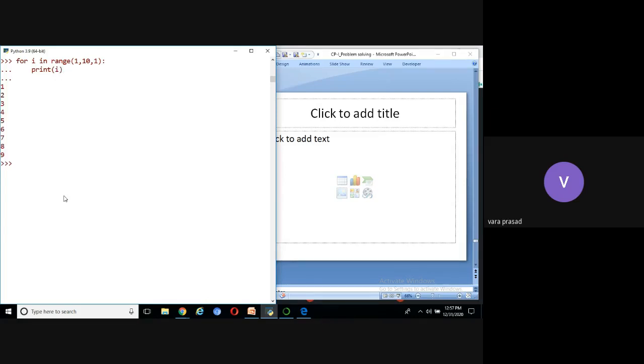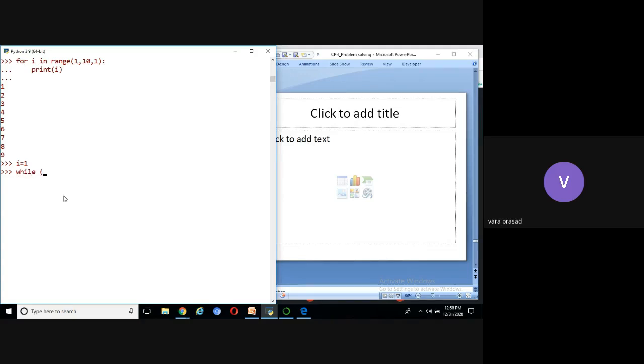What is the initial value of I? 1, right. We need to define the initial value of I equal to 1. Then go to the while loop.